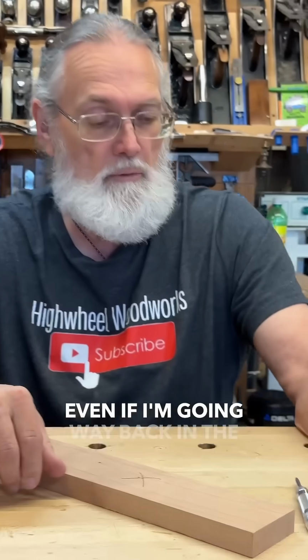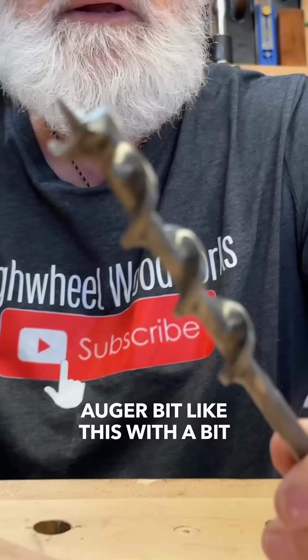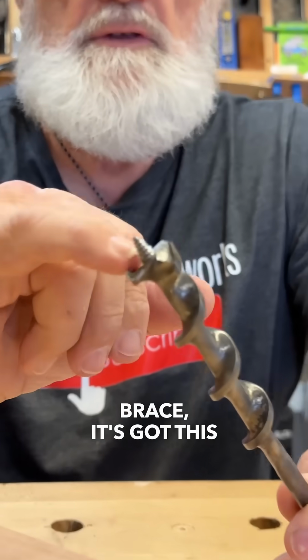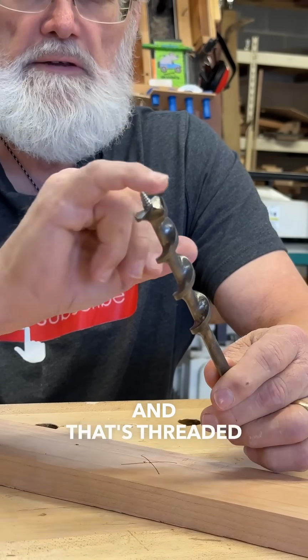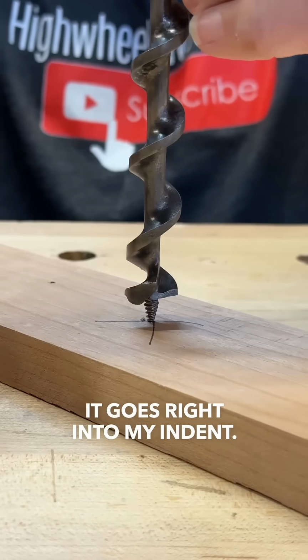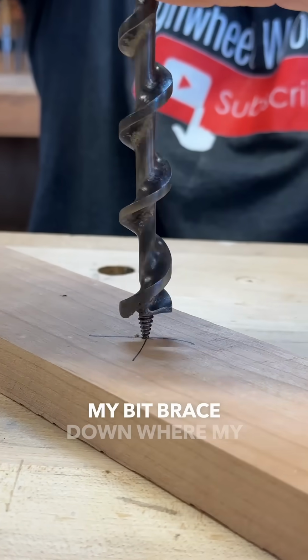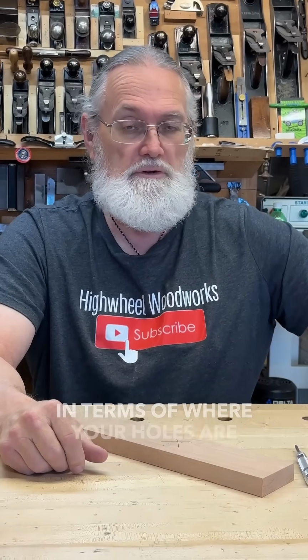Even if I'm going way back in the old days and using a big auger bit like this with a bit brace, it's got this little piece on the end here that's oftentimes called a snail. And that's threaded down in. I get that started in there. It goes right into my indent. I get my auger bit going with my bit brace. Down there my hole goes. So that's why, if you want accuracy in terms of where your holes are placed in your wood, you'll use